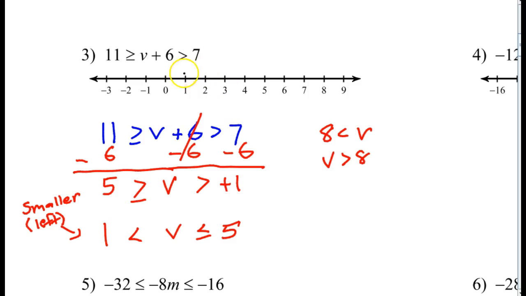So we have 1, everything between 1, actually that's open circle, right? Everything between 1 and 5, and those are connected. Okay, so this is the opposite of OR, where everything is connected. So if your answers are not connected today,